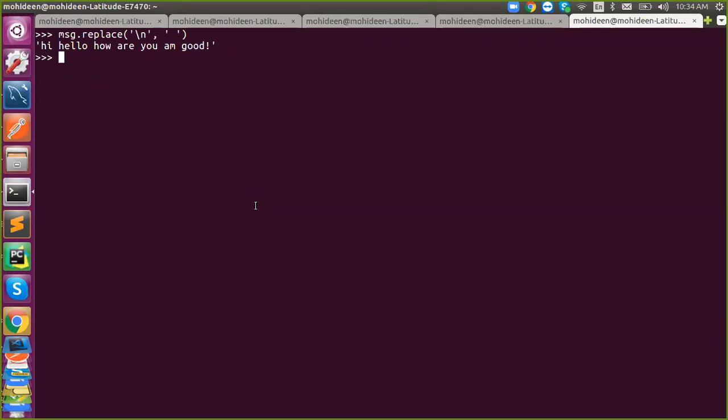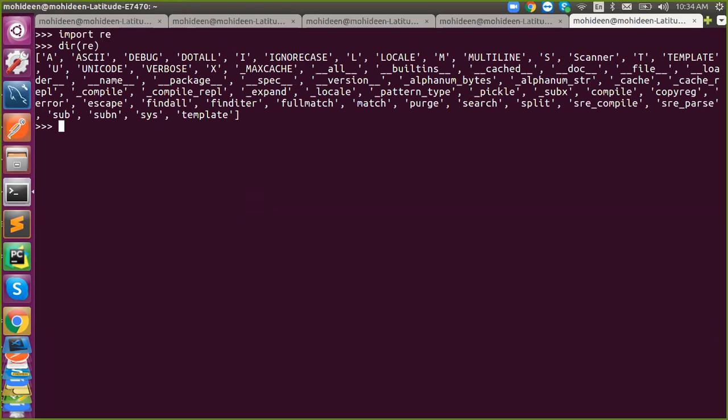Let's see what the regular expression is. To implement regular expression in Python, we need a module called re. It is pre-installed, we don't need to install it. In re, we have all these options.